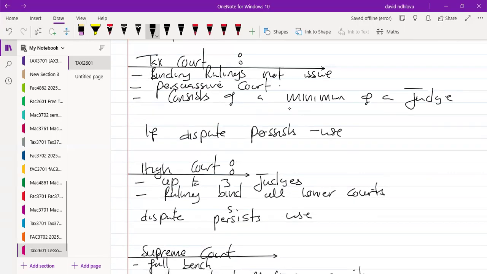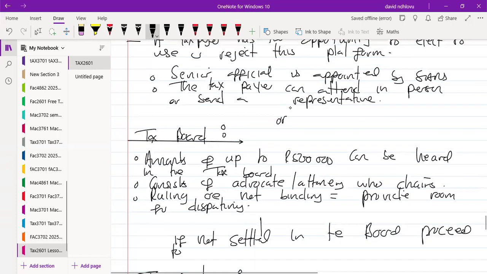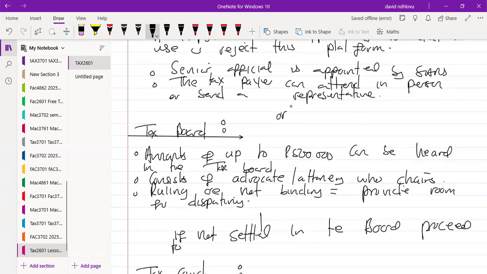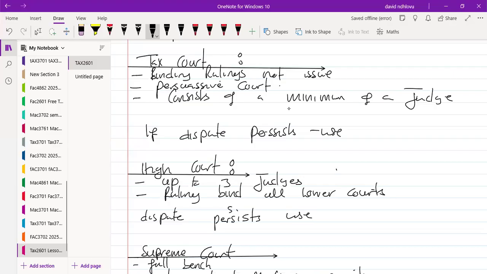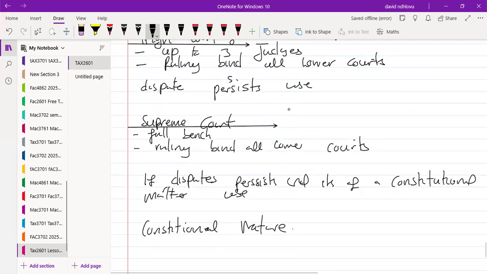And you must know also which courts bind the other. Remember, the tax court cannot bind anything, but the High Court can bind everyone who is lower than the High Court. And the High Court can only be bound by the Supreme Court, so they will ask you again. So this is what your multiple choice will be asking you, in addition to a couple of calculations that I will look at later as we go through the syllabus.